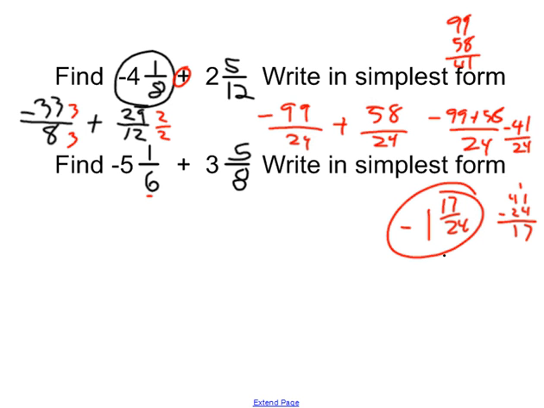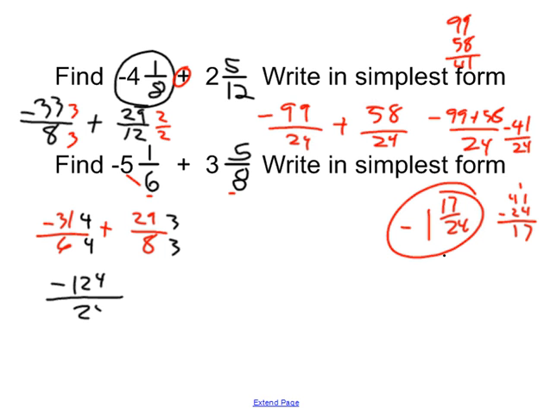Looking at the next one here, again, I have to find a common denominator, but I'm going to go from the mixed numbers to improper fractions. 6 times negative 5 would be negative 30, plus 1 would be a negative 31 over 6, plus 8 times 3 is 24 plus 5 would be 29 over 8. Common denominator between 6 and 8 happens to be, again, 24. So I'm going to be taking this fraction times 4 over 4, and this one times 3 over 3. 31 times 4 would be 124,